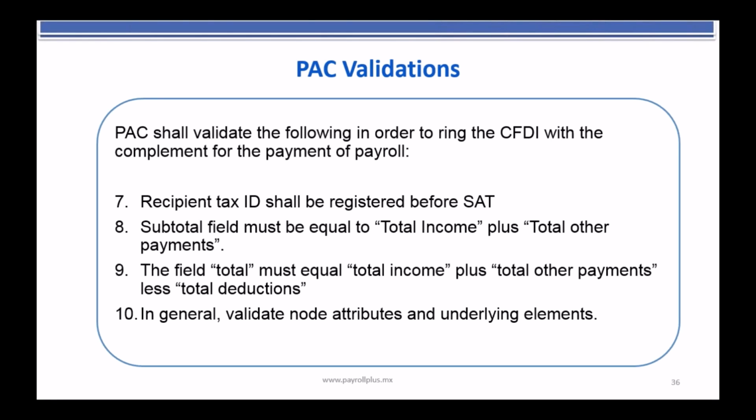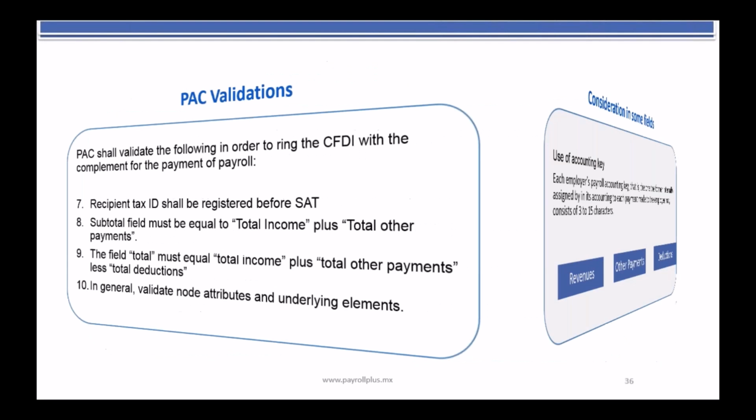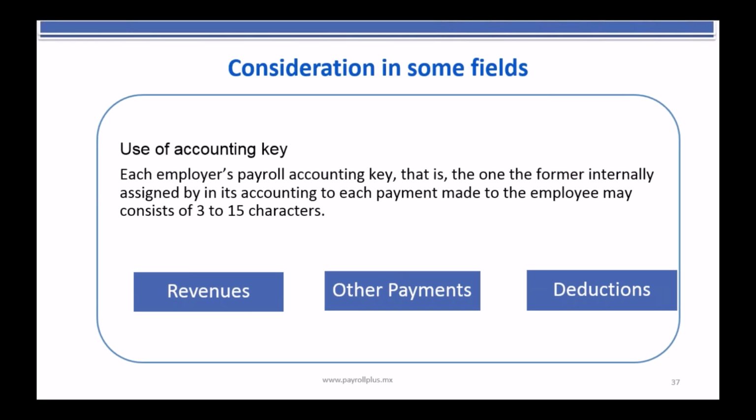Now, also, they're going to make validations that all the subtotal fields must be equal to the total income plus total other payments. As mentioned before, version 1.1 did not include this type of validation, so it was very likely to make mistakes. So in general, the service provider will have to validate node attributes and every other underlying element that is required,